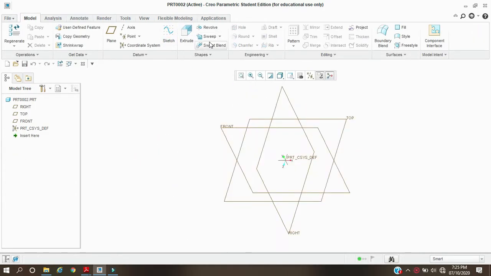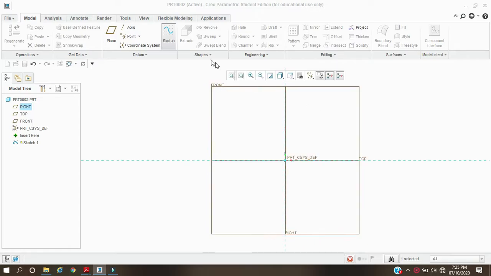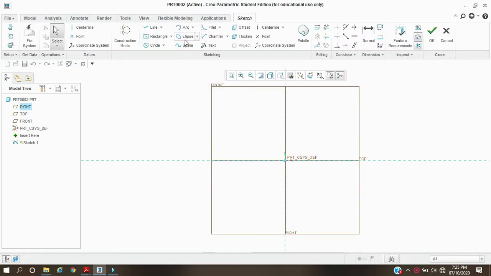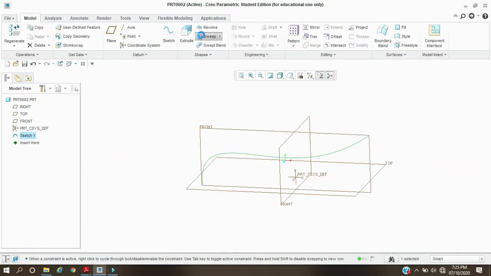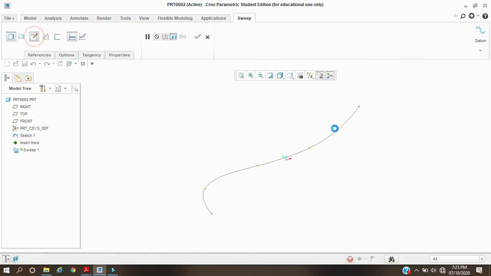For example, if there is a sweep section, then it is also possible. For the sweep we need to draw a trajectory first, and open a sweep, and I'm going to draw the first cross section over this point.